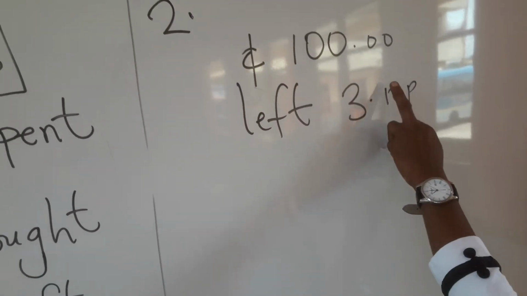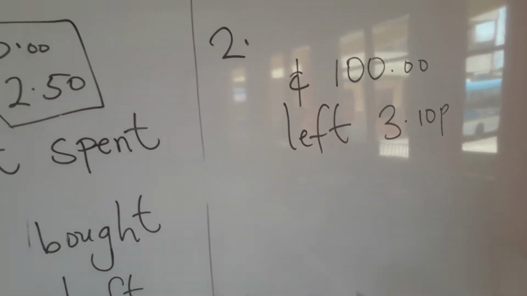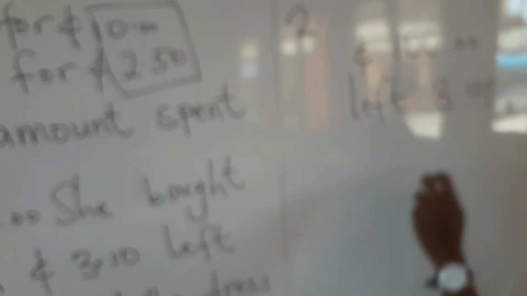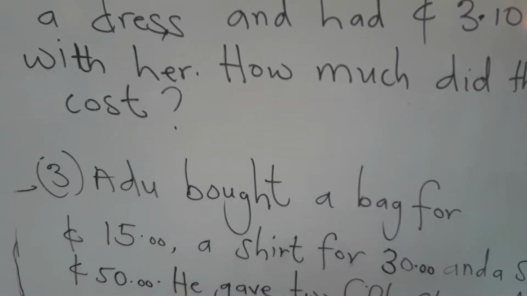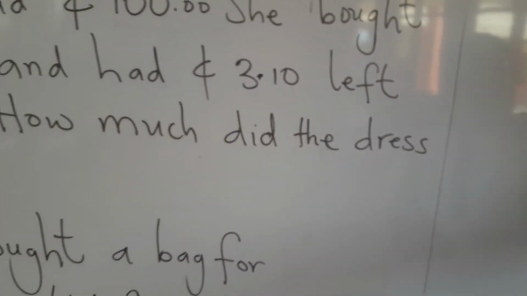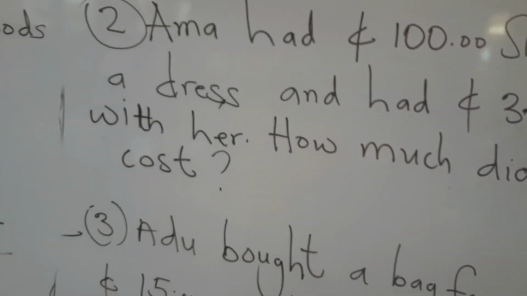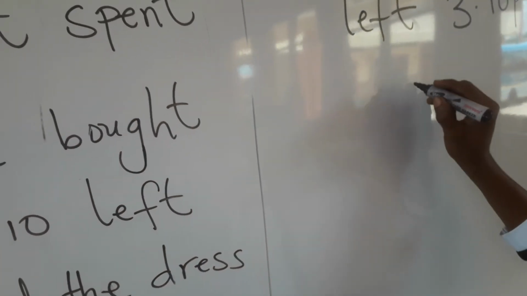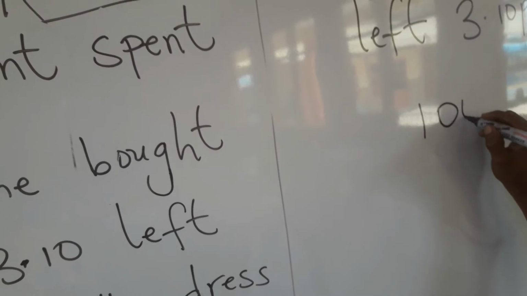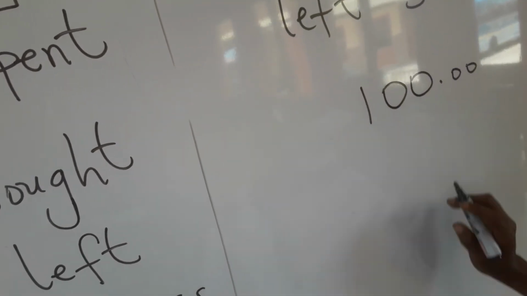So 10 pesos, sorry, 10 pesos. So now we are asked to find the cost of the dress. We don't know the cost of the dress, but we know the amount that she carried along, and we know the amount that is left with her. So I bring it here. 100, the 2 zeros,